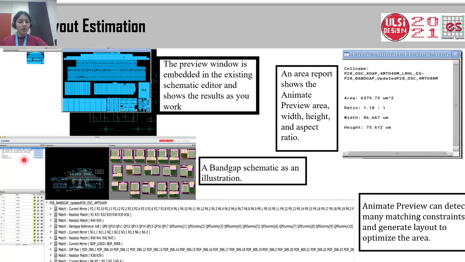The methodology flow also provides the schematic designer with multiple topologies based on the aspect ratio that would be preferred by the schematic designer. The schematic designer may also add some constraints on his own, and it would be taken care of by the tool, along with the constraints that are identified by the tool automatically.